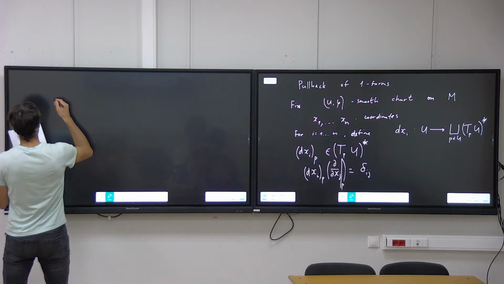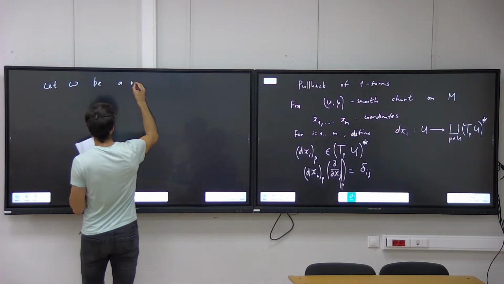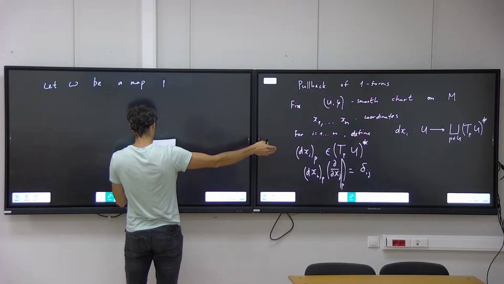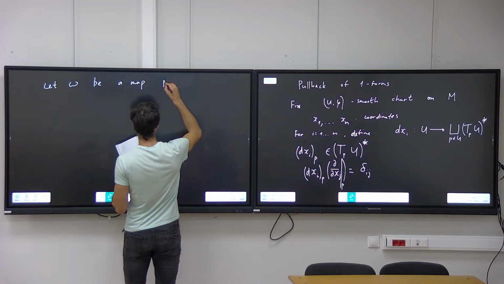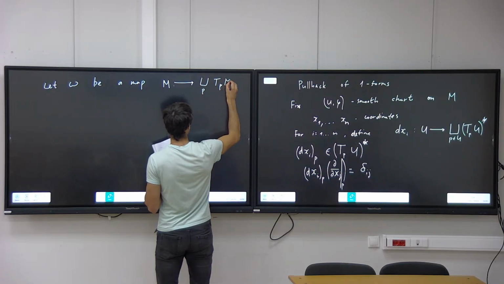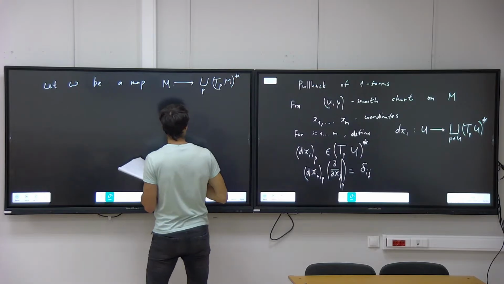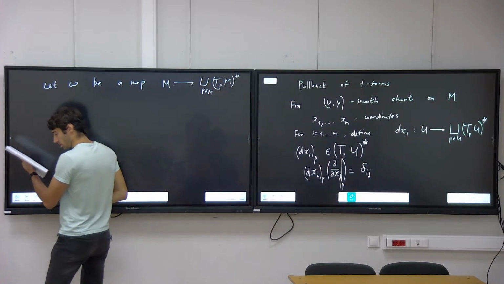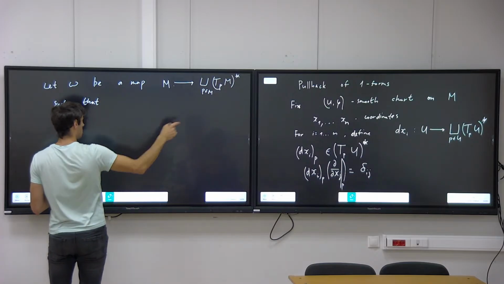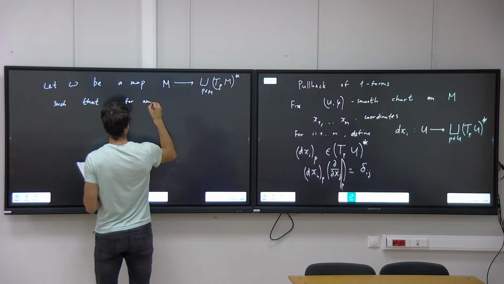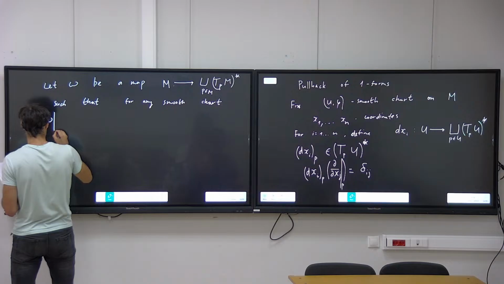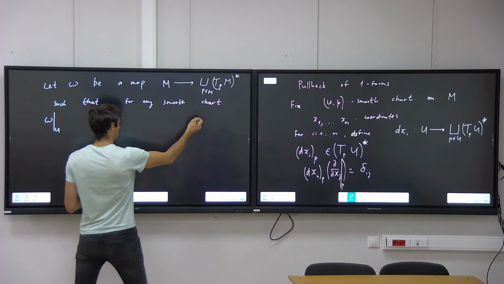Suppose, so let omega be a map, again of the same kind, but this time I would like it to be global, so from M to the disjoint union of T_P M star as P runs over the whole M, such that, and I want it to be consistent with what I wrote, for any smooth chart (U, phi),